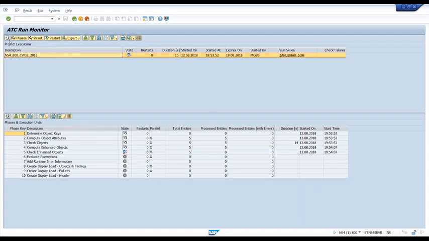Yeah, you can also restart if you wish to, just keep refreshing it here. And yes, you can see now the overall state is finished, all the checks have been executed. And this is the thing which can be scheduled over weekend, overnight, and you just have to come back next day morning and monitor the result and send a status report to the team that boss, these are all the findings in your Z reports or in your Z programs, please fix them up.